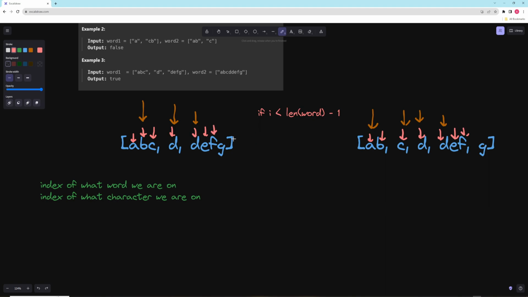These are the same, we can increment the character here, but here if we increment it, it'll be out of bounds, so we just increment the word again and reset the index of the character to 0. And finally, these are the same, and then these will both be out of bounds now. So once we go through the words, then we just check